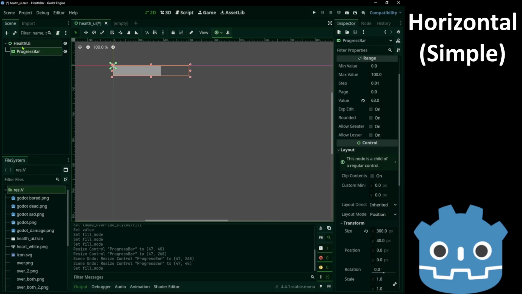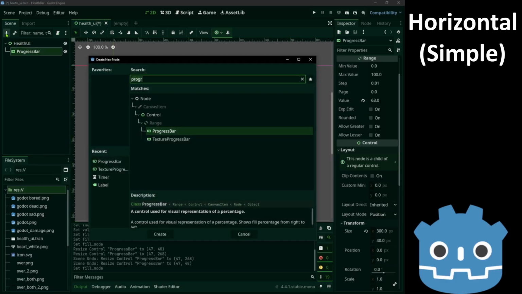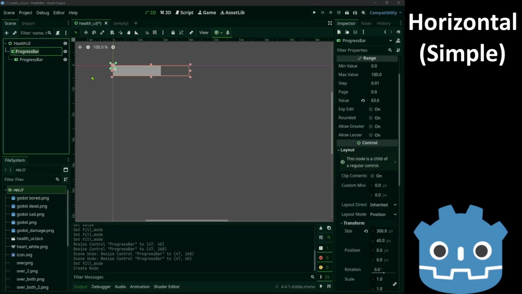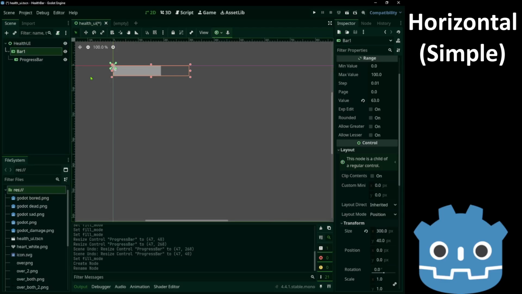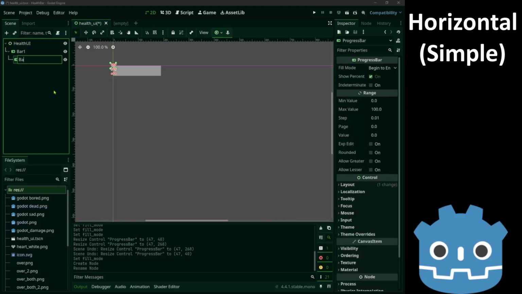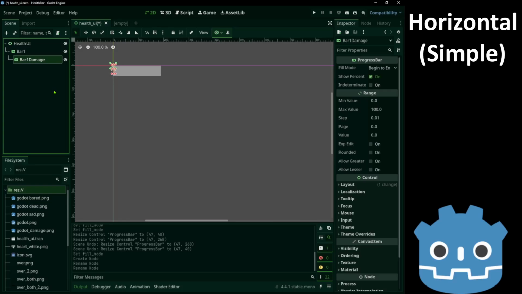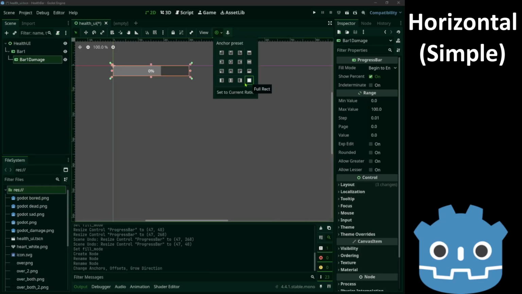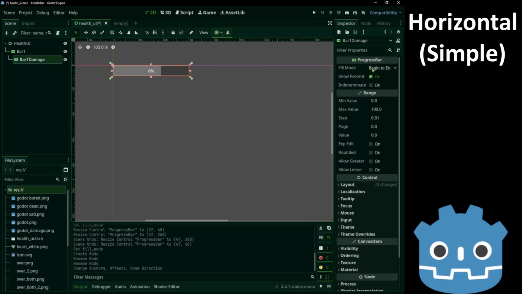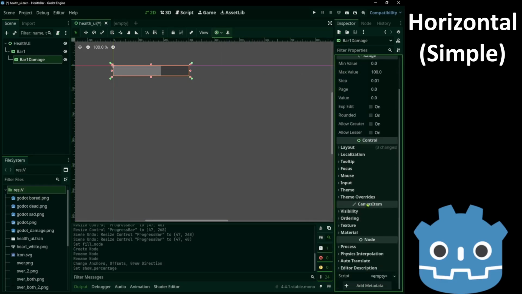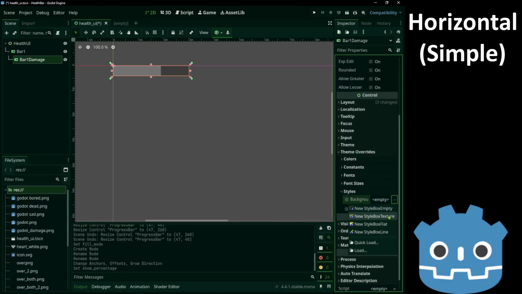So, let's add another progress bar. We'll name the first one bar 1, the second bar 1 damage. That will be a damage indicator. Set it to full rect. Hide the percentage. In the styles, we'll pick a black background.